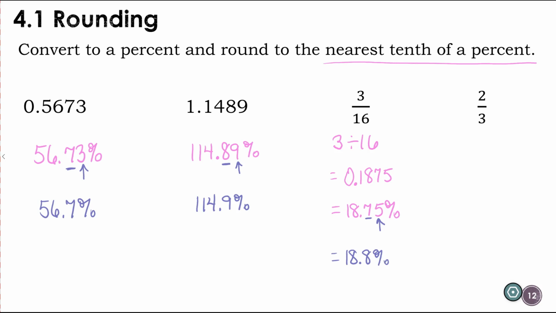On to the 2/3. That would be 2 divided by 3. Now this is a repeating 6. So really you could just write out several digits. All right, this would be 0.6666. You need about 4 of them when you're going to do this type of rounding. So this would be 66.66%. And then we're going to round to the nearest tenth of a percent. So we have to look at the digit to the right of the decimal, and the one following it tells me to add 1. So this becomes